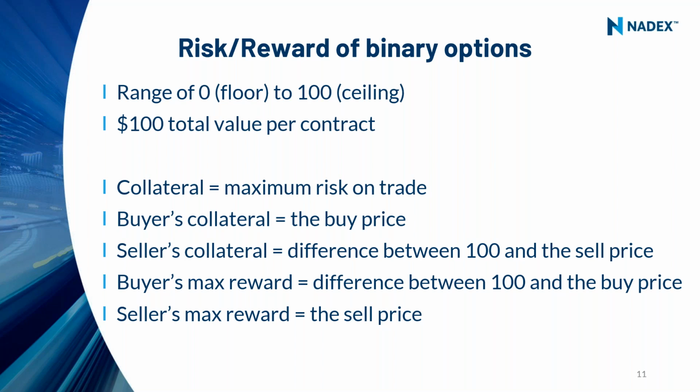But what could I make? My reward for buying a contract, if I paid 30, is that it could go to 100, in which case I predicted wisely. Remember, it just has to finish one penny or more above that price, and my binary option is true. It goes to 100. I get $100, in which case I paid $30, I got $100, I made $70. So I risked 30 to potentially make 70 because I thought it was going to go higher.